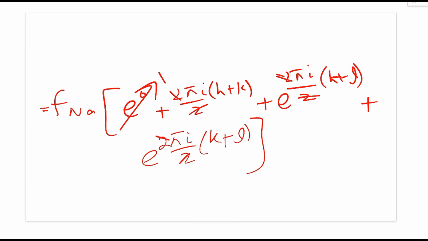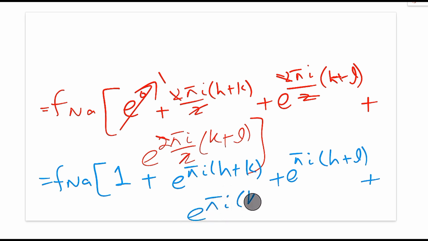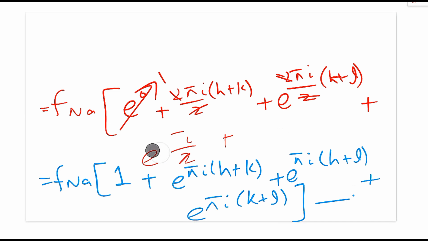That is equals to F_Na into 1. Okay, this is 1 plus e to the power pi iota into h plus k, plus e to the power pi iota h plus l, plus e to the power pi iota k plus l. Alright, we can see here that we have got a really simplified formula now, and this is the structure factor